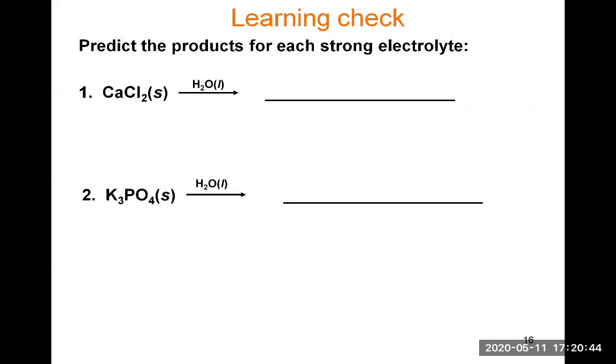So let's go through another practice exercise here and predict the products for each strong electrolyte. Here you are told you have strong electrolytes. And the first one is CaCl2, a solid, when placed in water, and it dissociates, right? It's a strong electrolyte, which means it dissociates completely. That's what strong electrolyte should tell you,